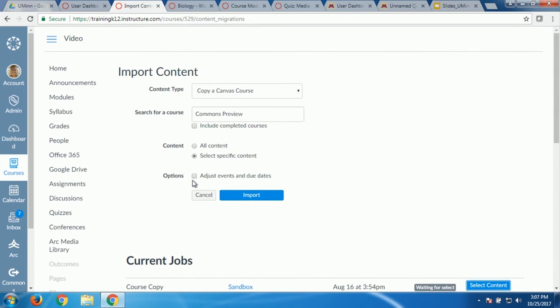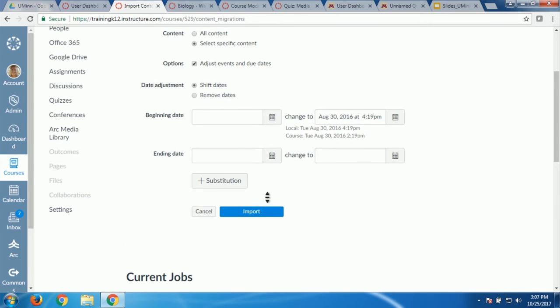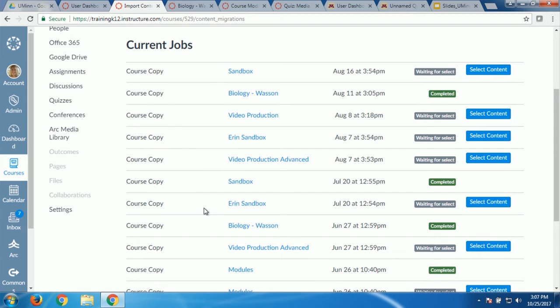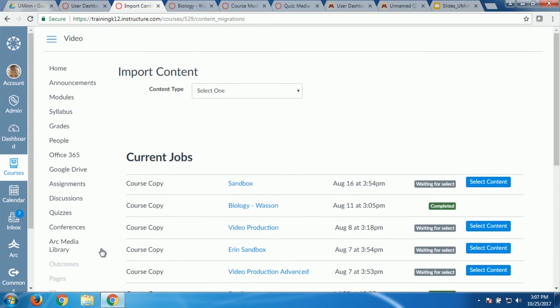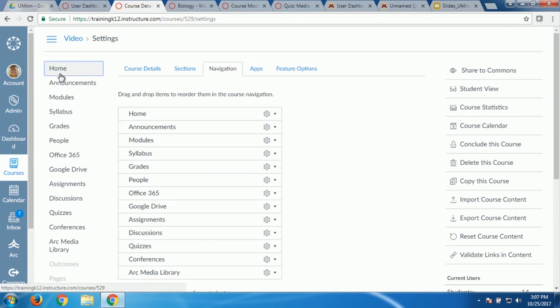So you can pick some or all, and here's the magic checkbox. If you're copying from semester to semester, so this semester you're setting all your deadlines for this semester. Next semester you'll have different deadlines. This allows you to bulk adjust all dates and deadlines. You can either remove all the dates and start fresh, or you can shift dates, like everything that was on a Monday is now due on a Tuesday, and so on. This is a magic button that lets you kind of shift or substitute dates for things in bulk right up front when you're copying content. You can always do it later, a million things there.